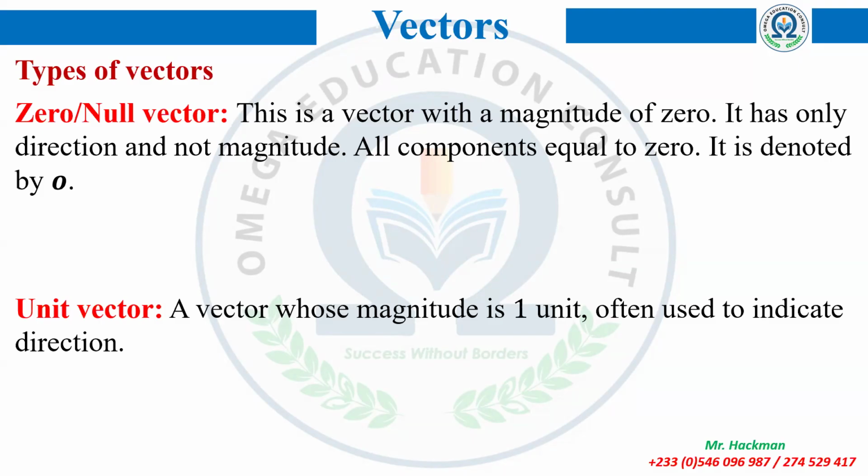Today's lesson is going to be a continuation. We also did finding the magnitude of vectors in lesson 1. In lesson 2, we are going to pick up from where we left off in lesson 1. We are going to look at various other types of vectors with their special features or characteristics. Then after that, we will look at how to make use of some other concepts related to vectors,